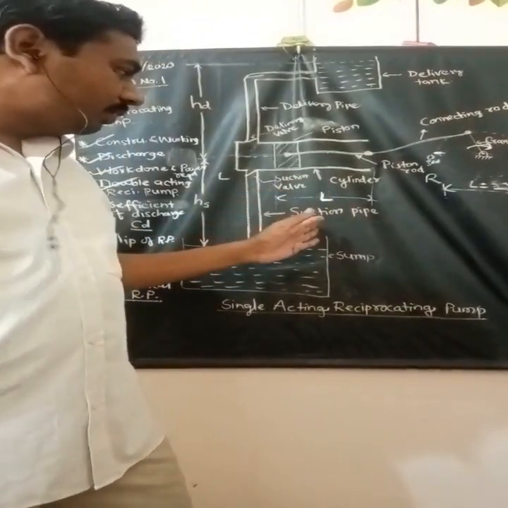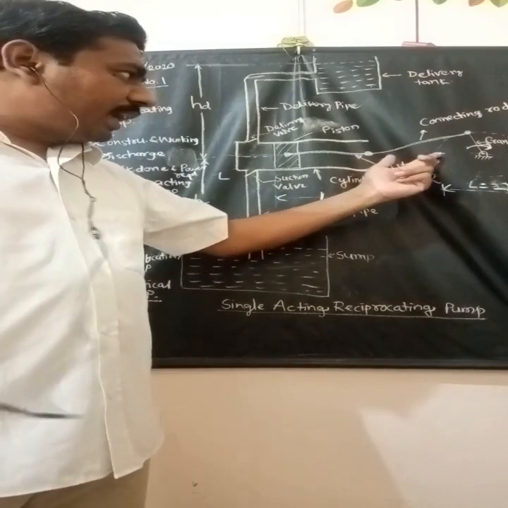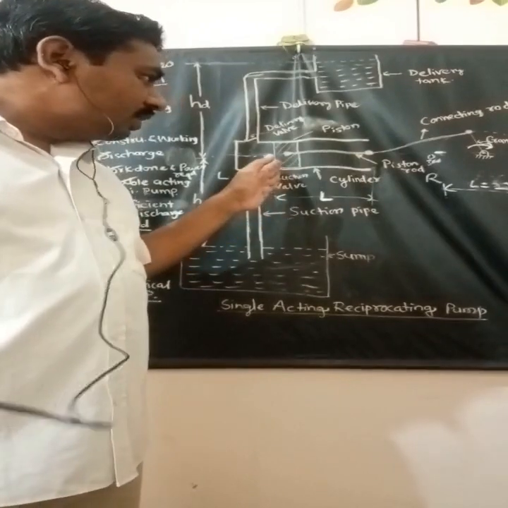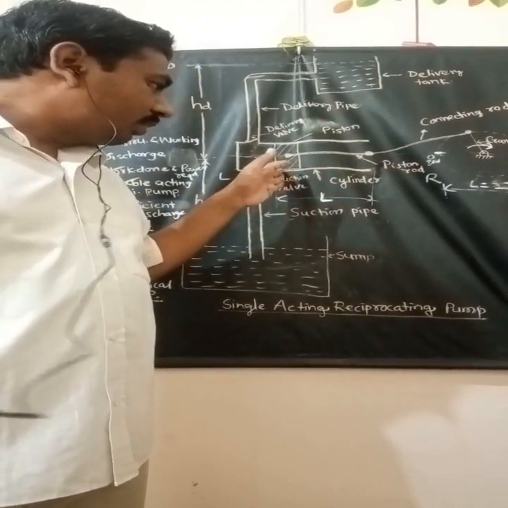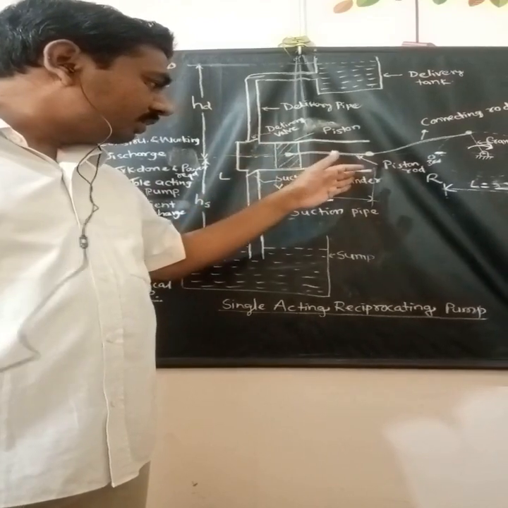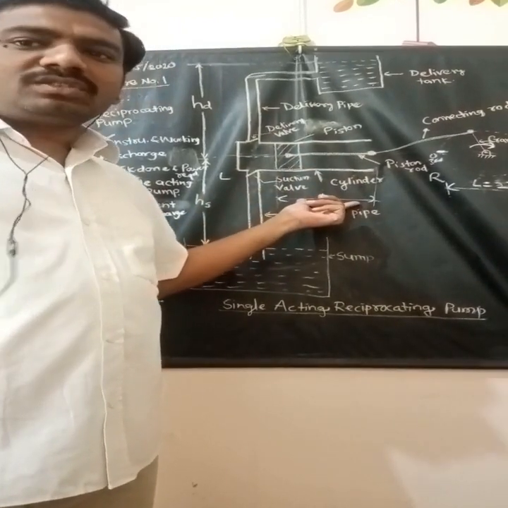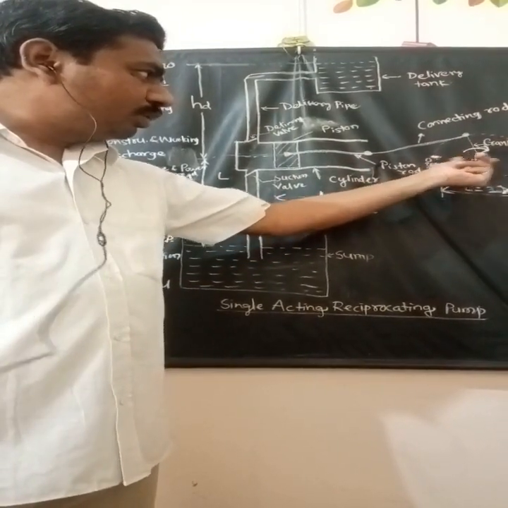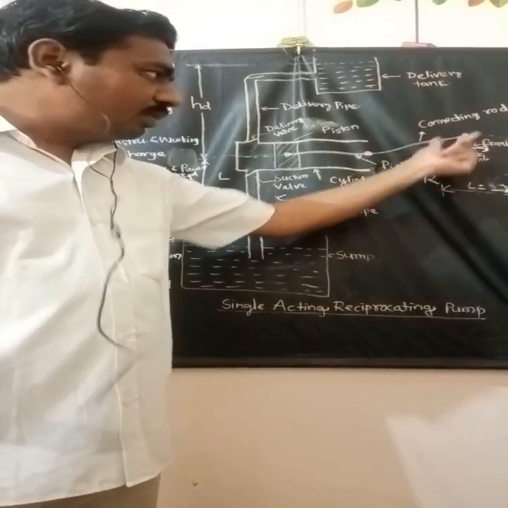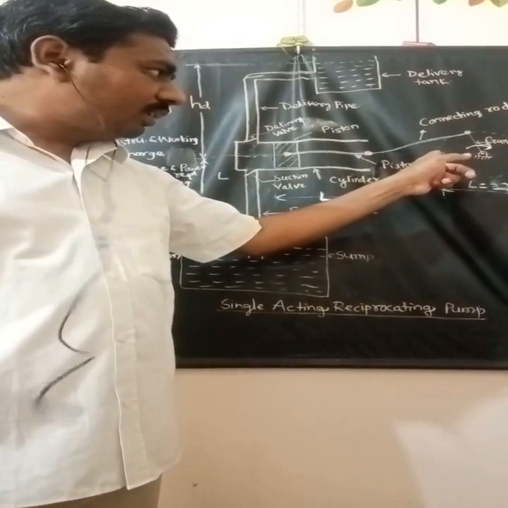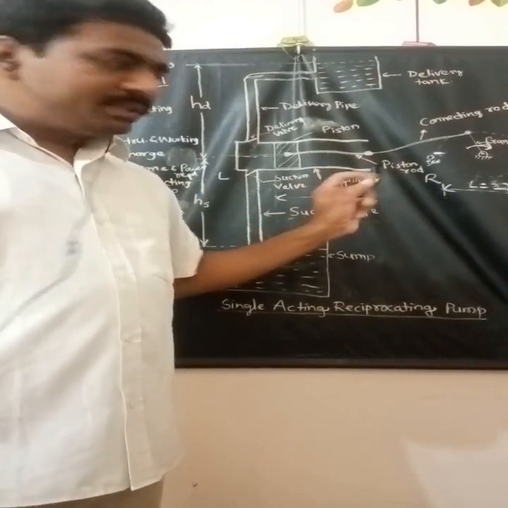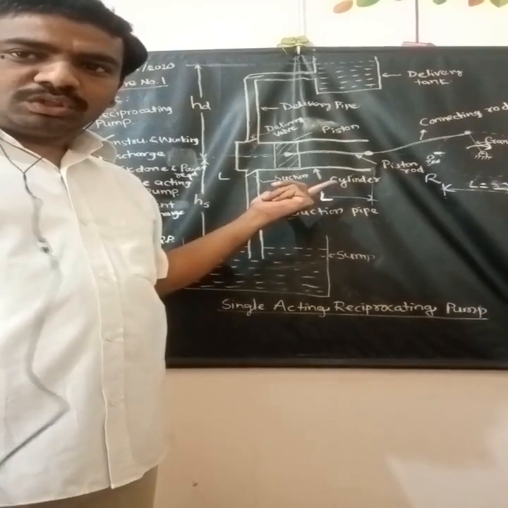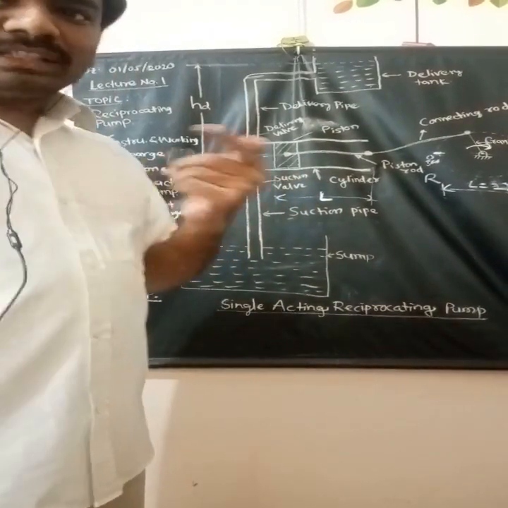When this crank is rotated from 0 to 180 degrees, from the inner dead center to the outer dead center, there is a movement of the piston from the left side to the right side. Whatever this distance is, it is called L, the length of stroke. This length of stroke will be equal to twice the length of the crank, as you are observing here in the circle. This represents the diameter of that circle, so the piston covers the distance of the diameter of the circle, which equals the length of stroke. In the slider crank mechanism, it is called the length of slider.